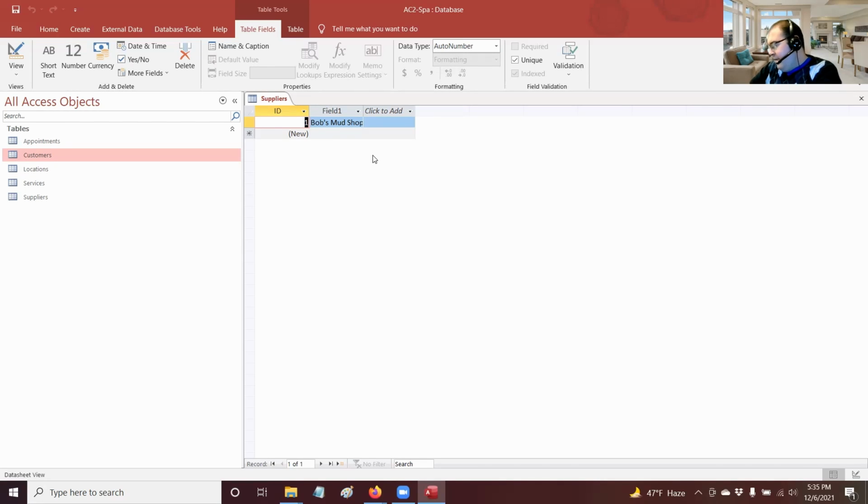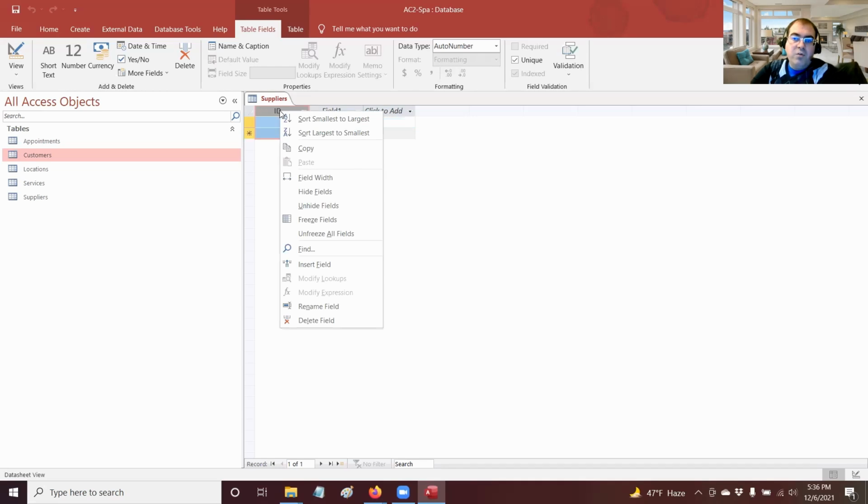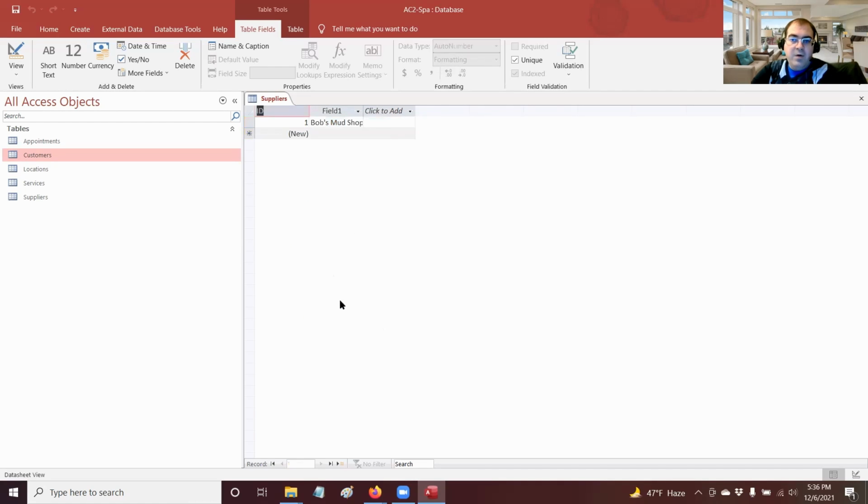because when we go over here on page AC 59, we need to rename the field. Right now it says field 1. That's not terribly helpful. So we want to go ahead and rename the ID field as supplier ID, and then name the other field as the company name. So what we'll do is we'll right click on ID, and I'll go down here to rename field. And then I'm going to call this supplier